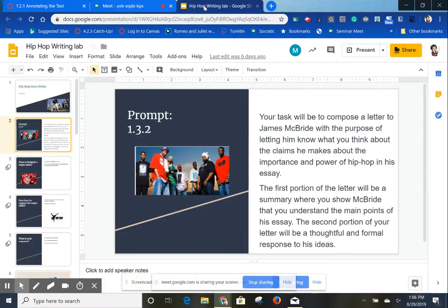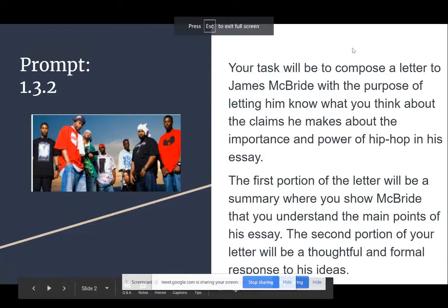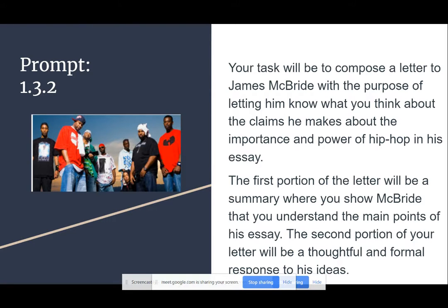So I'm going to go ahead and let you know what the task is all about. The way this course is designed is the important skills of reading and writing are interrelated. So you want to make sure that you start with a question. And in this case, the question happens to be the power of hip hop music and what you think that power is. And so we're going to read something and we're going to teach you some skills on how to analyze what we read. And then this whole section that we do right now talks about the ideas, and it allows you to put those ideas into your own perspective and to decide: is this author right or wrong, or what are some other things that haven't been considered? And then you are writing a response